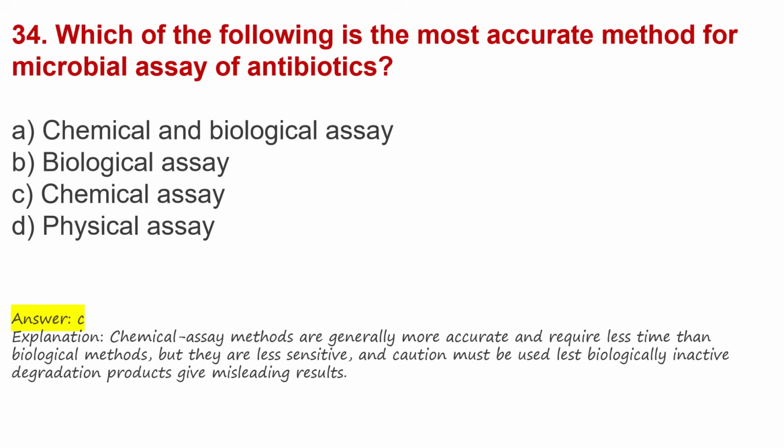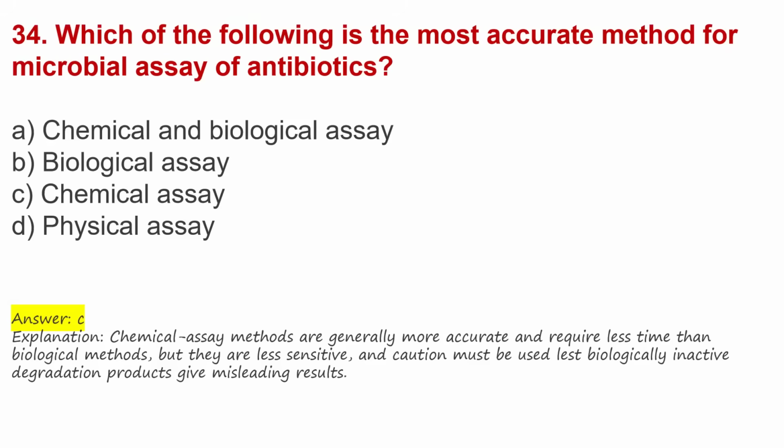Question 34. Which of the following is the most accurate method for microbial assay of antibiotics? A. Chemical and biological assay, B. Biological assay, C. Chemical assay, D. Physical assay. The answer is C. Chemical assay methods are generally more accurate and require less time than biological methods, but they are less sensitive, and caution must be used lest biologically inactive degradation